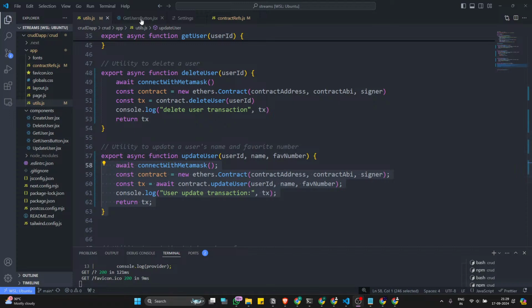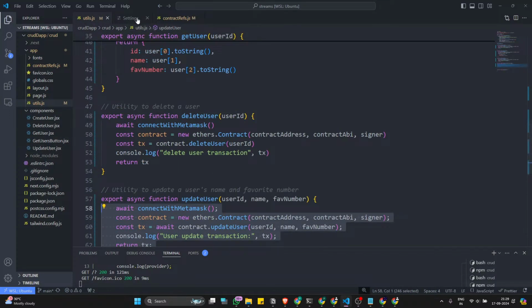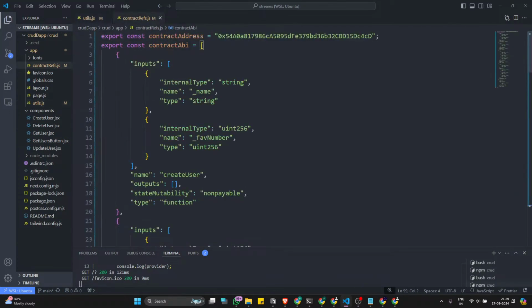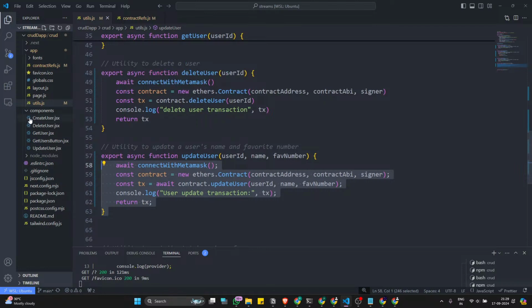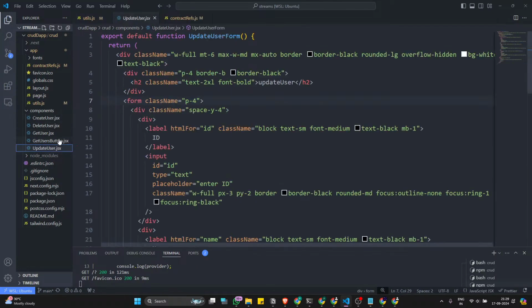Okay. So the function is here, and when we go to the update user component, you can see there are no states and function to handle button click, so you have to integrate that function here, and also